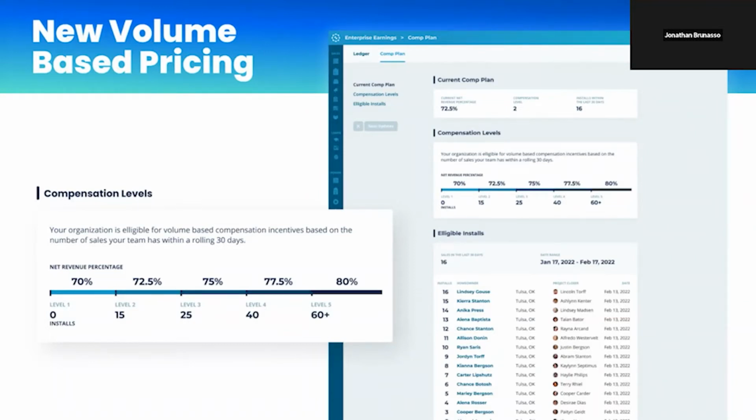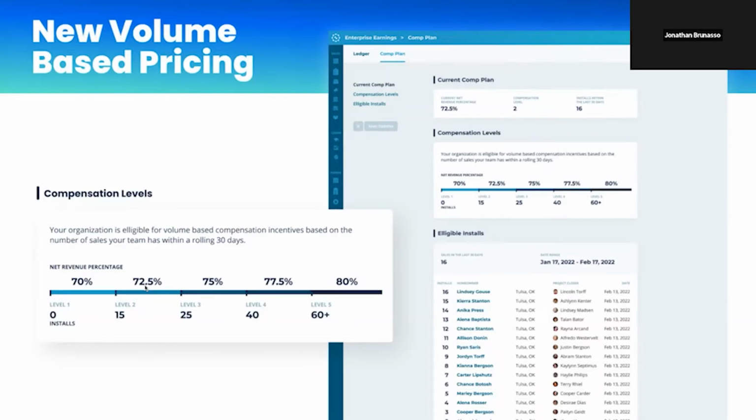So I have new volume-based pricing here. So again, this is very new, and I did just unlock one of the levels that I'll show you. So when an Enterprise Pro and/or its seated sellers accomplish 15 sales in a rolling 30 days, they're getting an extra 2.5%.